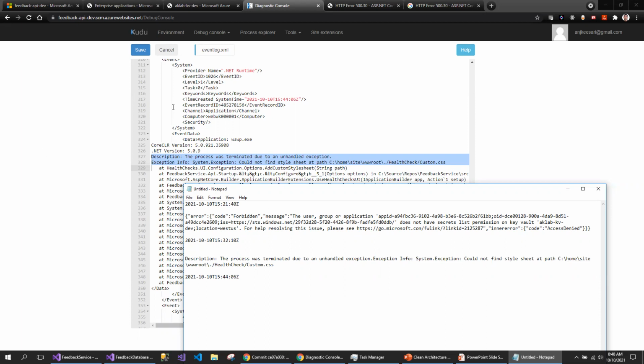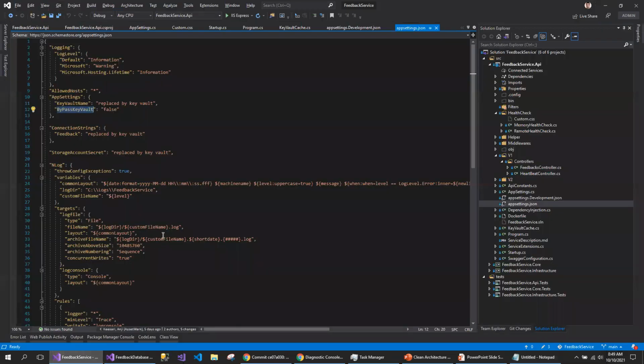As part of this session, I'm also covering all these exceptions, because when you're working on this, you will be facing these kinds of exceptions, but you also need to understand how to address those issues. So looking at the log and fixing those issues, that's the takeaway from these kinds of issues.